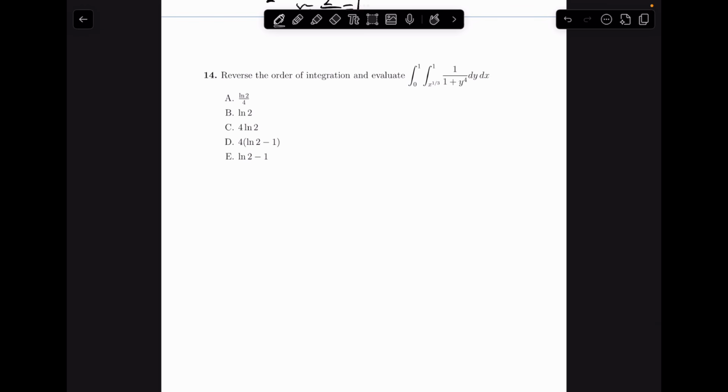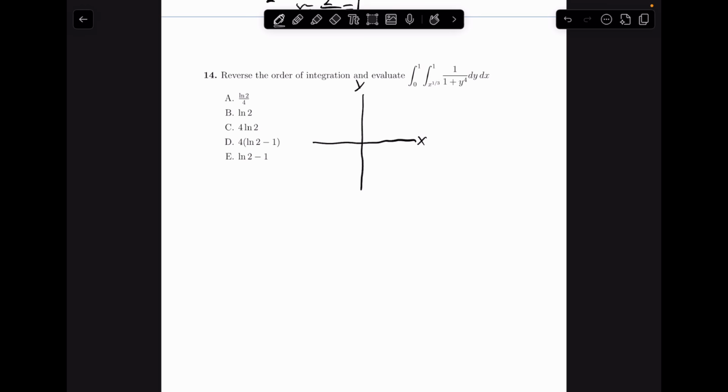Question 14, reverse the order of integration and evaluate the integral from 0 to 1, x to the power of 1/3 to 1 of 1 over 1 plus y to the 4th power dy dx. Okay, it's a weird looking thing, but all right, let's go ahead and do our bounds, x, y